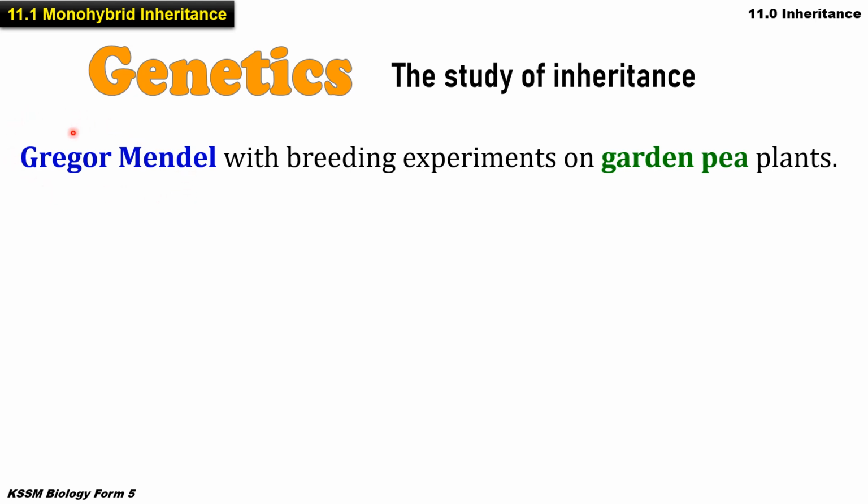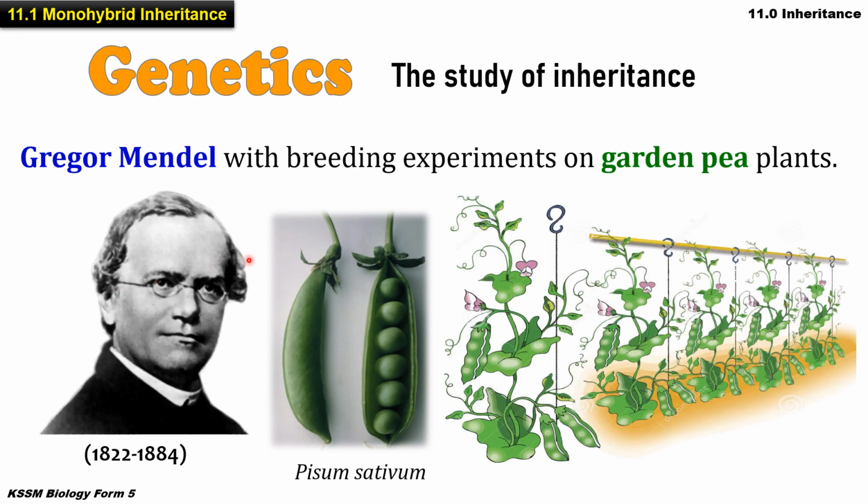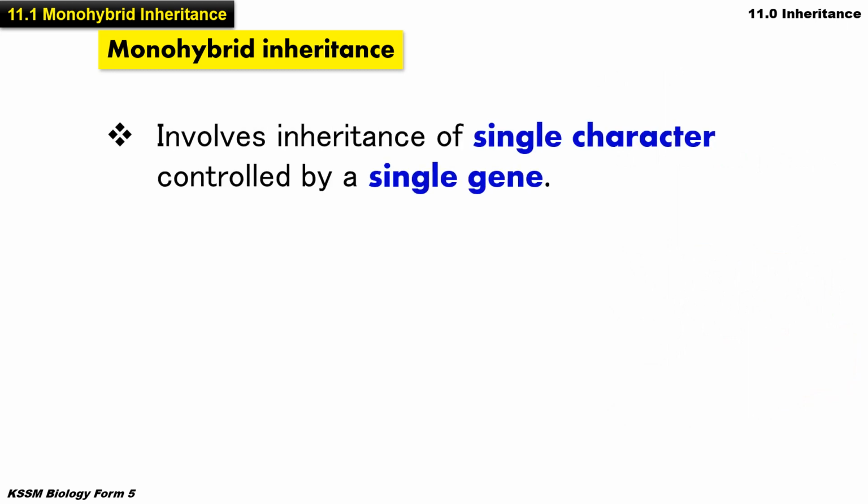So this scientist, Mendel, did the experiment on his garden pea plants. Mendel planted the green pea plants, and then he observed what happened to them. So the words monohybrid inheritance mean that the inheritance involves a single character, and this single character